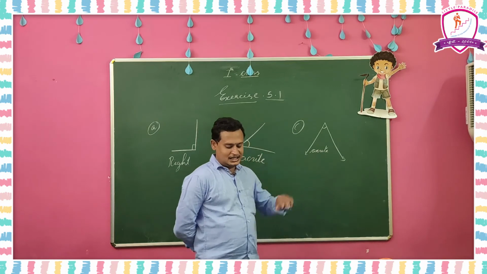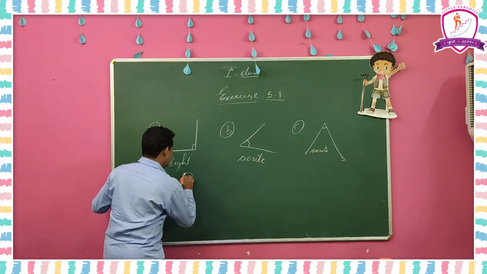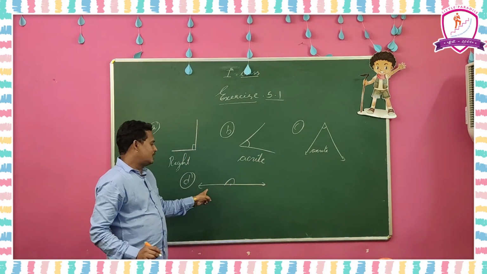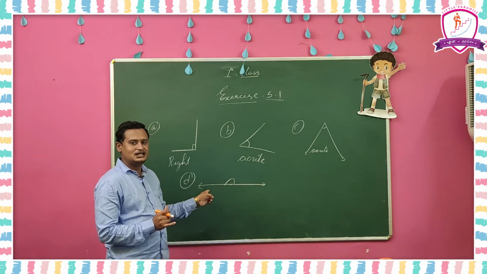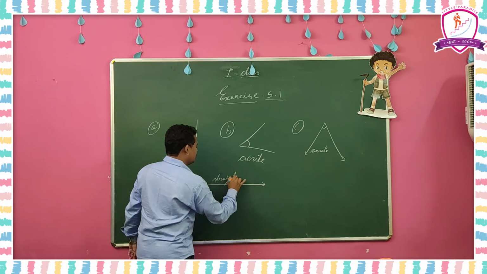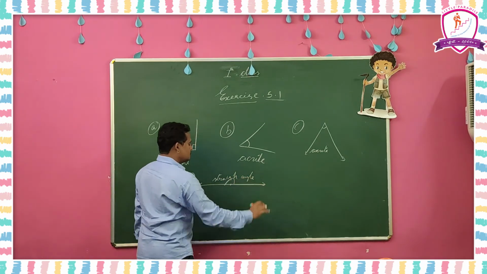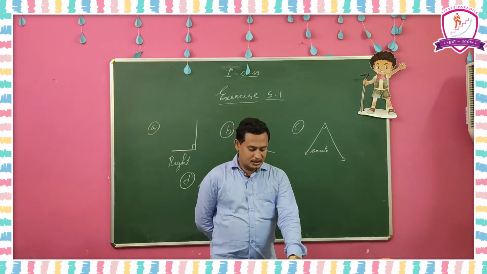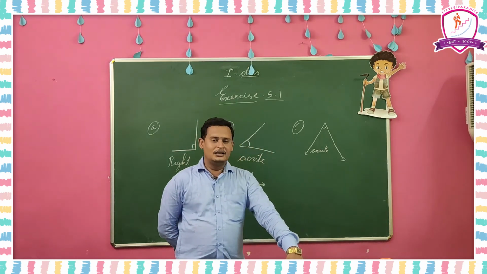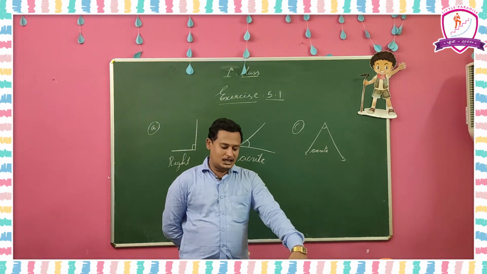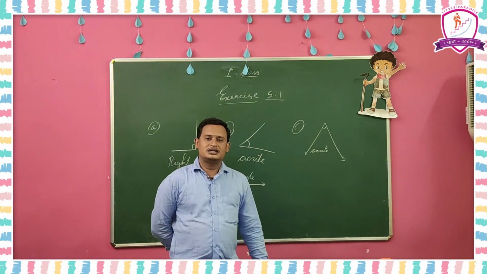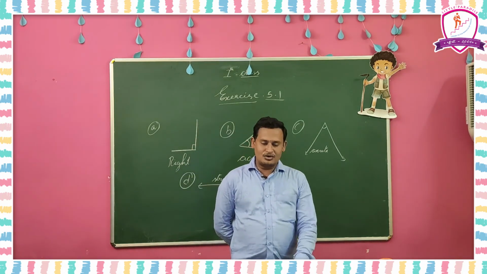Here D is a straight line. So here a point is there. If the two rays are in the same straight line, it is called a straight angle. Straight angle means 180 degrees. Straight angle. So next one is E. You can observe E also at the corner. Observe that here also a right angle is there. So it is a right angle, and F is an obtuse angle, and G is a straight angle. You can complete the rest like that.